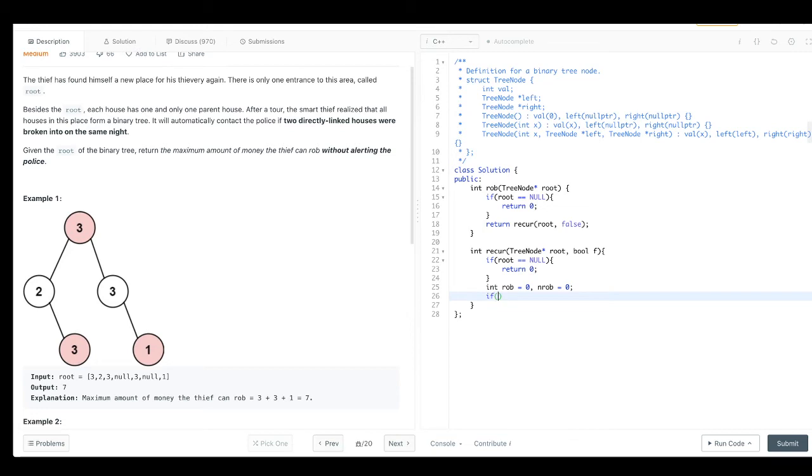So if the parent is robbed, the thief has no option but to skip this node. That is, it will go into the not robbing case and it will simply recur for its children, that is root.left. And what information will be passed to the children of this node? The children of this node will get the information that the parent was not robbed because its grandparent was robbed, so the parent was not robbed. So we will pass the information of false here,